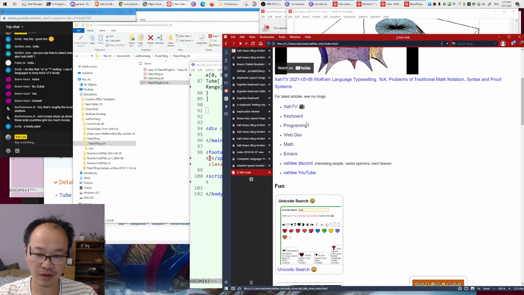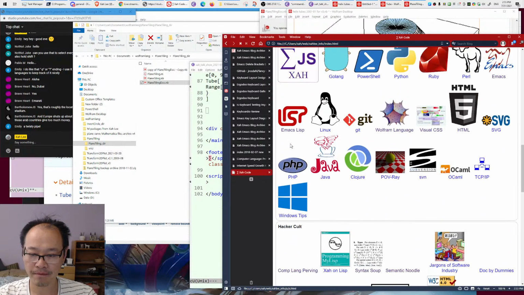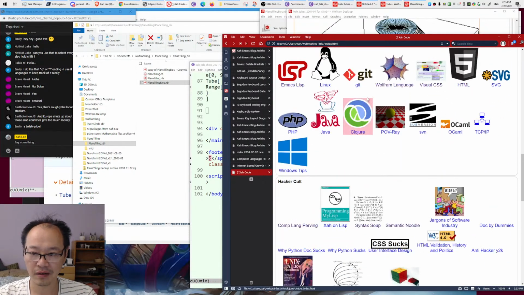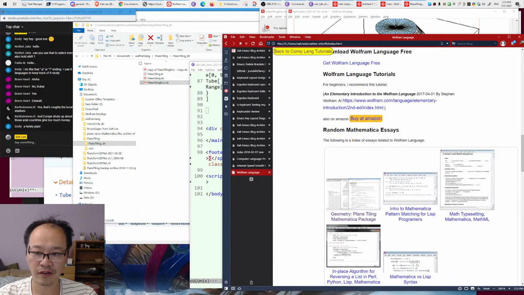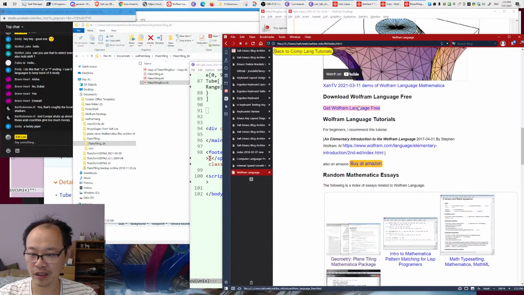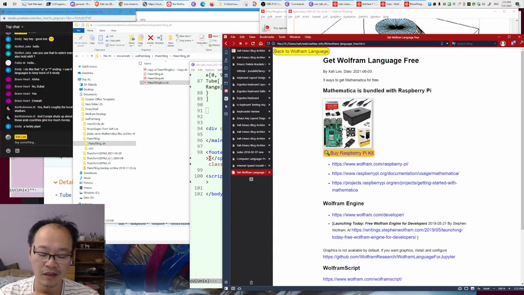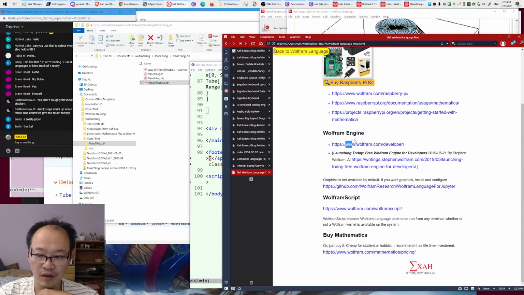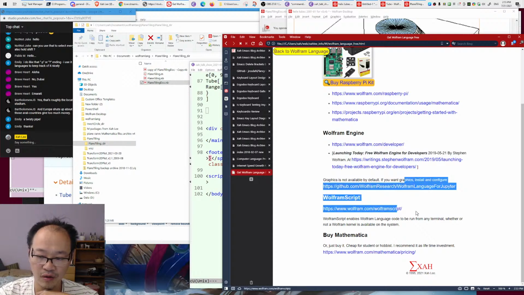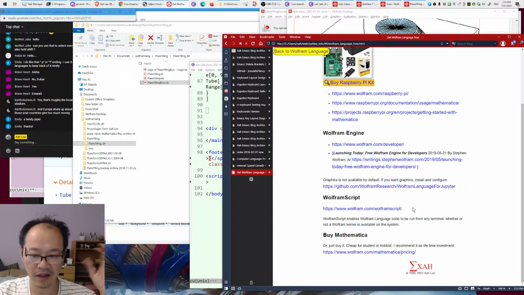And one more thing I want to say: if you are interested in Wolfram Language, it's free. You can download it. You go to my website, just search for XahTV Wolfram Language free, then you'll see this page. You'll get it free if you buy a Raspberry Pi, if you are into do-it-yourself stuff. Or you can download Wolfram Engine, it's free, or download Wolfram Script if you are into the Unix side,